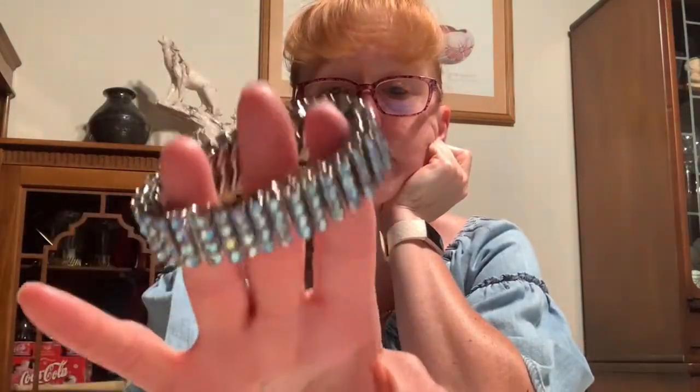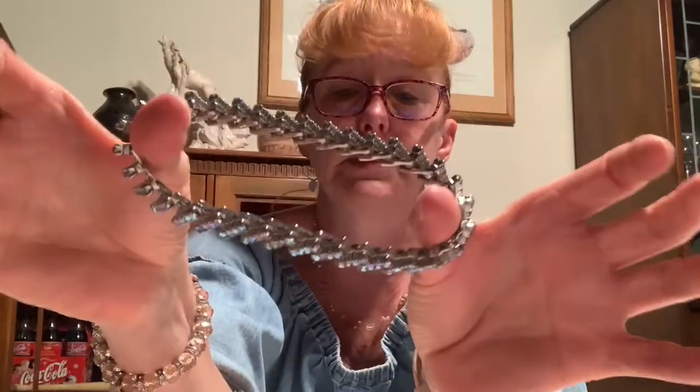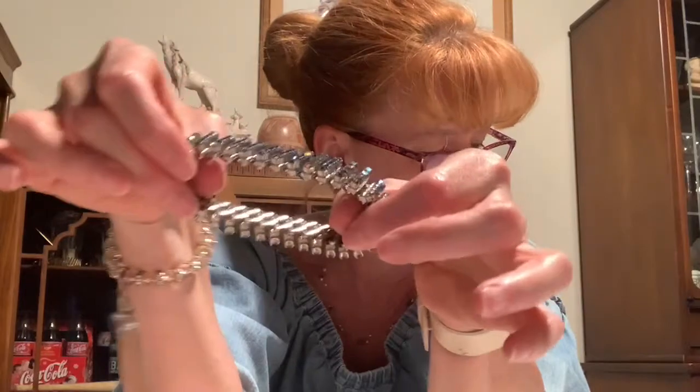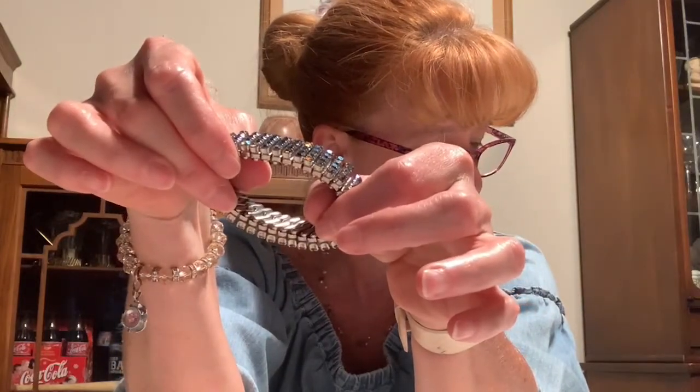Okay. The next one, I think this is 1950s, at least that's what I've been told. It has blue rhinestones. It's very cool. It is stretchy. I would say it starts off though a little bit small, but look, this is so cool. It's like their style is stretch. It's kind of wild. So it's 4 rhinestones, and then they're kind of on a diagonal stretchy thing. This one is 30. No? Yes? Yes, 30. Okay. Then we have a sterling one, which I can say is sterling because we found the